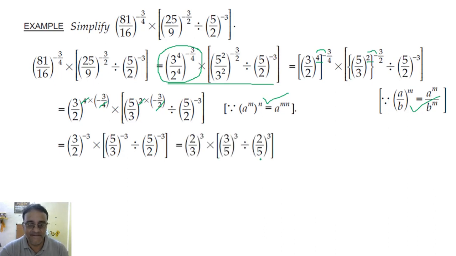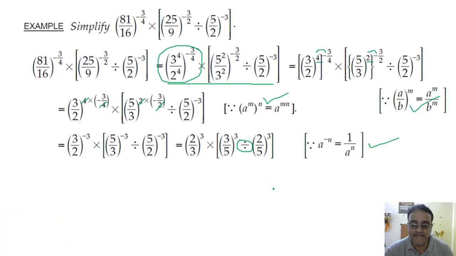This step is clear? Yes, sir. The reason we have to write this one, this reason we have to write the reciprocal one. Okay, now see carefully. I want to remove this division sign. So what I will do? We will take reciprocal. Reciprocal of this one. ध्यान से देखो, उससे पहले यहाँ पे ये वाला प्रॉपर्टी यूज करेंगे. 2 to the power 3 upon 3 to the power 3 into 3 to the power 3 upon 5 to the power 3 divided by 2 to the power 3 upon 5 to the power 3.